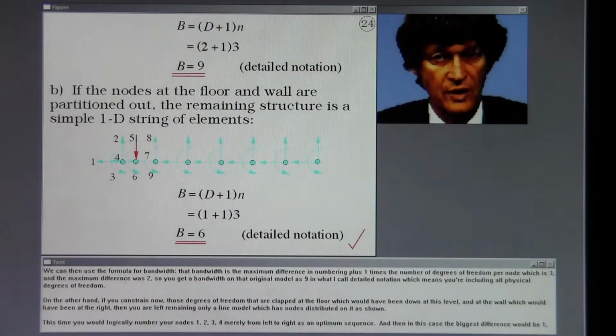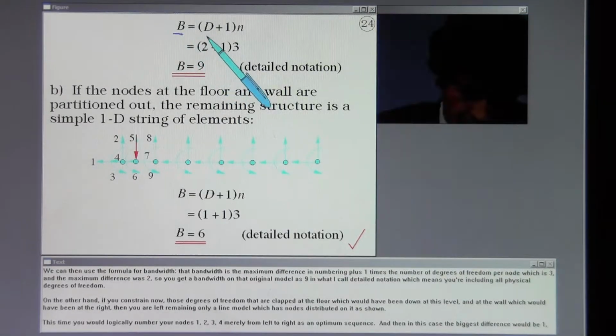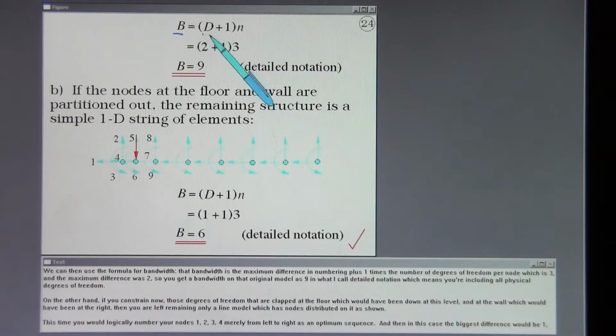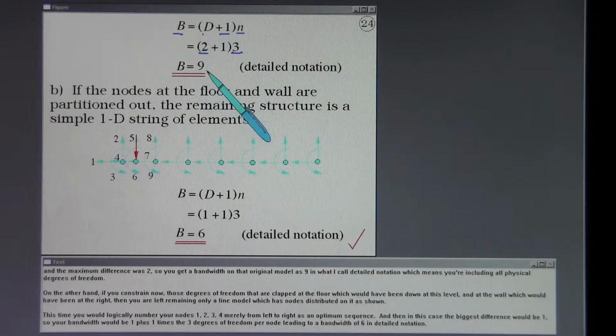We can then use the formula for bandwidth. That bandwidth is the maximum difference in numbering plus 1 times the number of degrees of freedom per node, which is 3, and the maximum difference was 2. So you get a bandwidth on that original model as 9